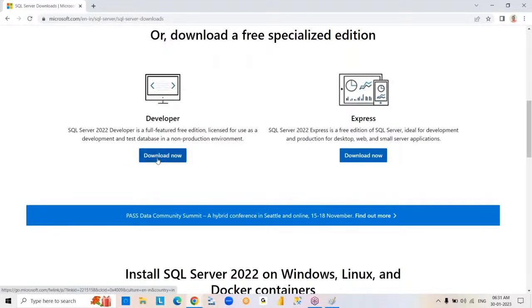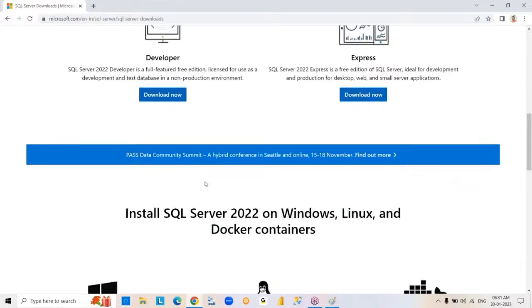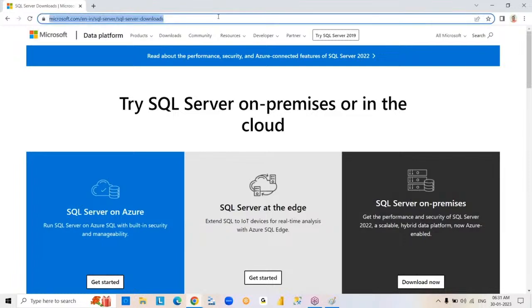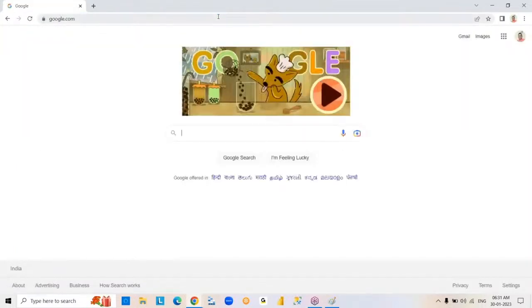If you click on this download button, download under Developer, but not Express. See that here it is showing Developer edition, Express edition. Even this Developer edition is also a trial version for us, practice purpose only. Okay. So you can download it and install. Okay. Now, an installation video I will share. Next, after completion of the SQL Server installation,